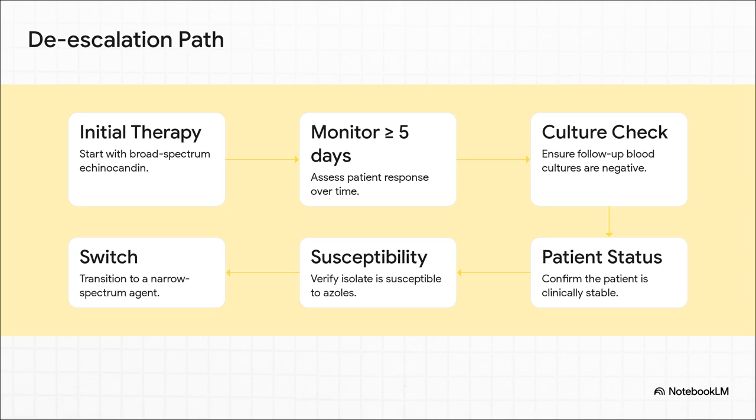You start broad, right? Usually with an echinocandin. Then you reassess after about 5 days. Is the patient stable? Are the follow-up cultures negative? And importantly, is the isolate susceptible? If you can check all those boxes, then it's time to switch to a narrower agent like Fluconazole to minimize